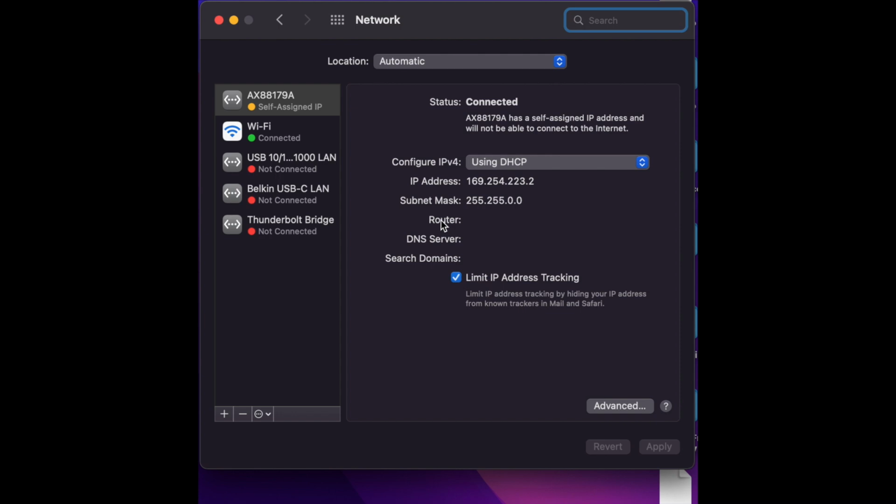But the Quasar tubes can stay in auto DHCP mode because whether it's a DHCP server or a static IP, the Quasar tube is going to grab an IP address no matter what for multicasting. So now that we have the self-assigned IP, this yellow sort of unconnected internet, then we can go and open